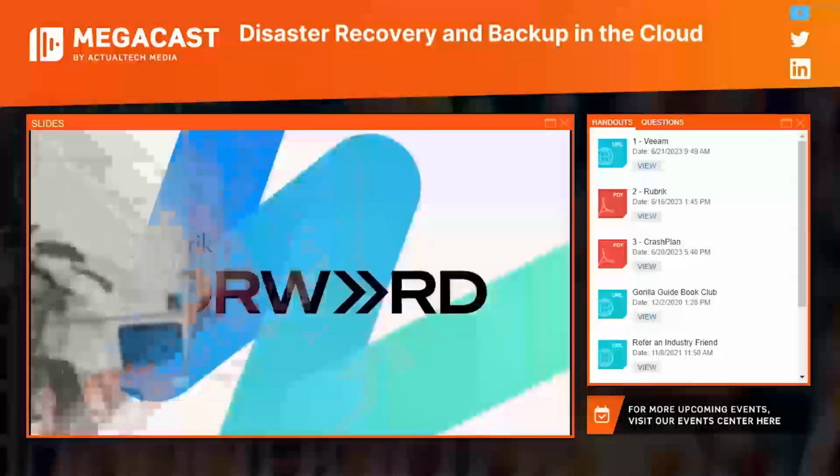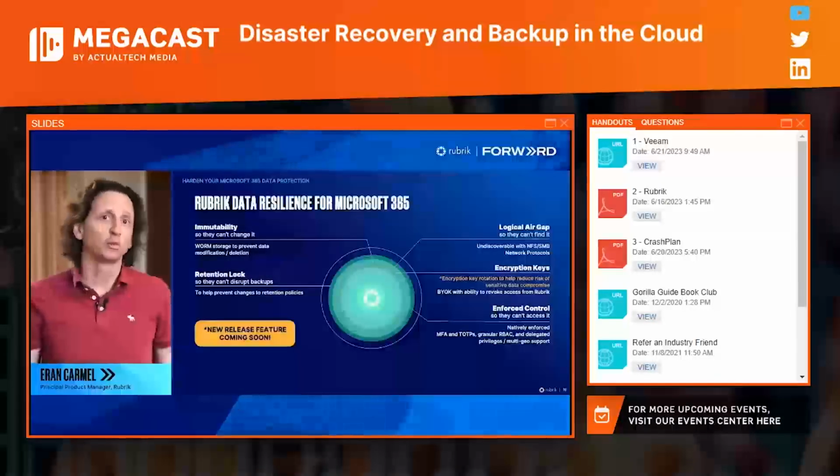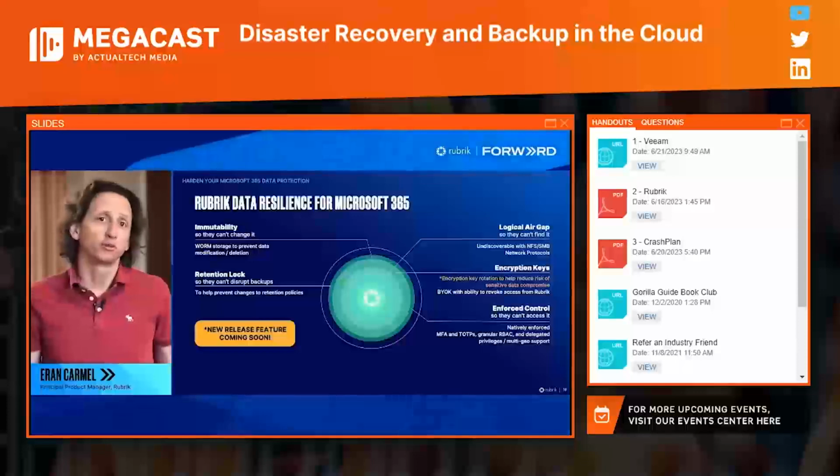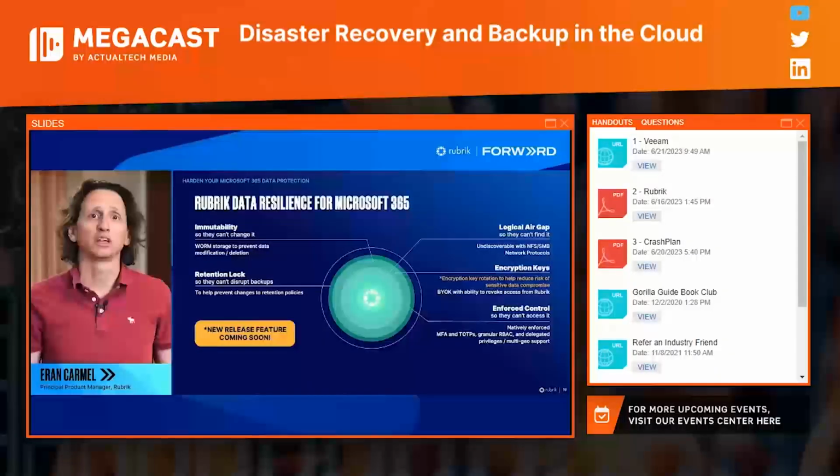Thanks, Drew. Well, besides new data observability like sensitive data monitoring and management that you saw in Mike's demo just now, we're also adding more data resilience features to build on what we already have in place. And as a reminder, what we have in place today is, and first of all, it's all about security and ease of use. So we have an air gap, we have